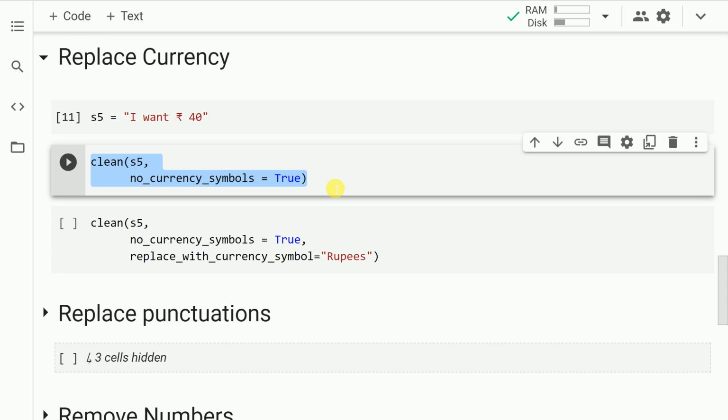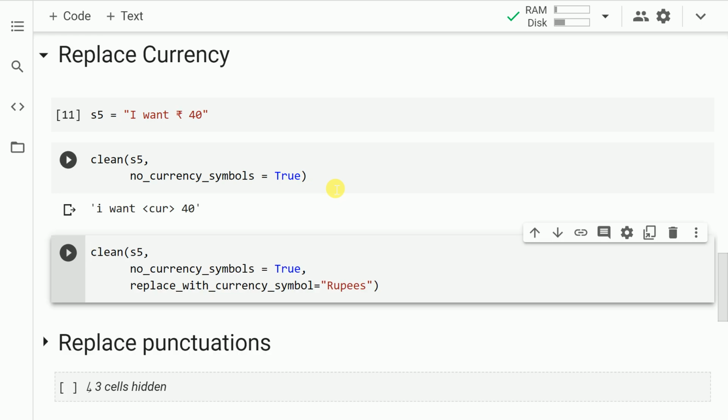Now I call the function clean and I pass in my variable S5, which is essentially a string. And the next thing that I do is I set the variable no_currency_symbols equal to true. So let me go forward and run the cell. As you can clearly see, it is able to discover where the currency exists in the string and also replace it by a corresponding word, which is CUR.